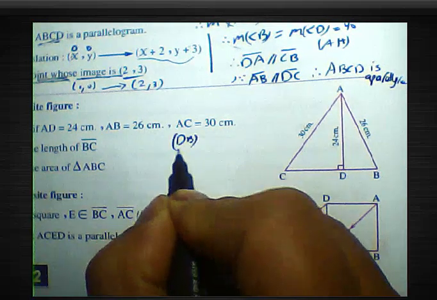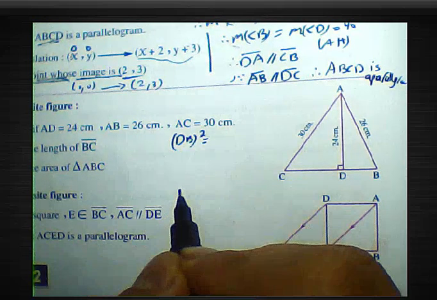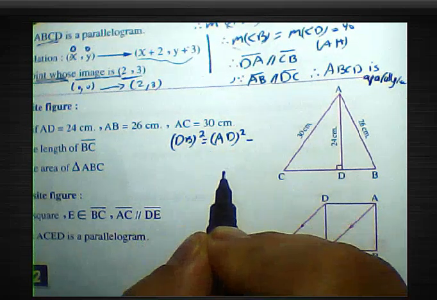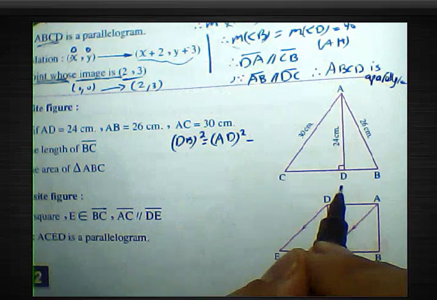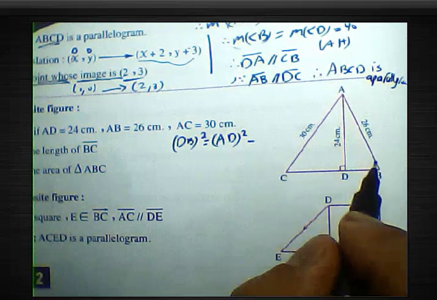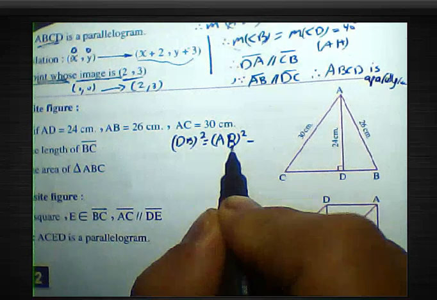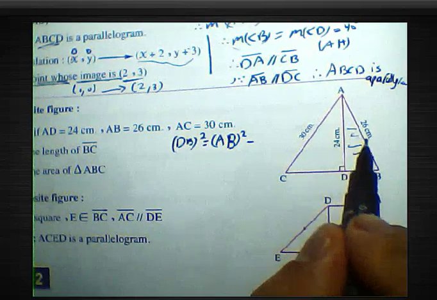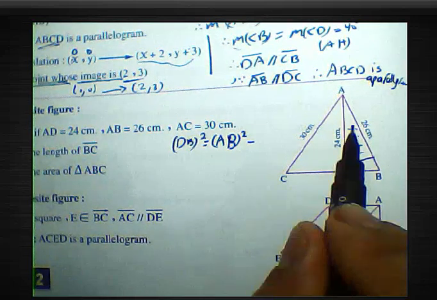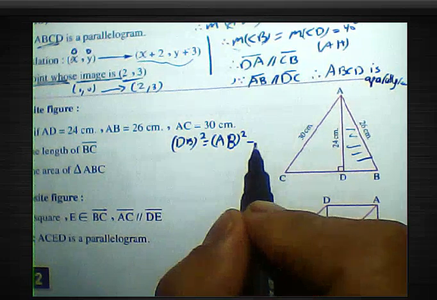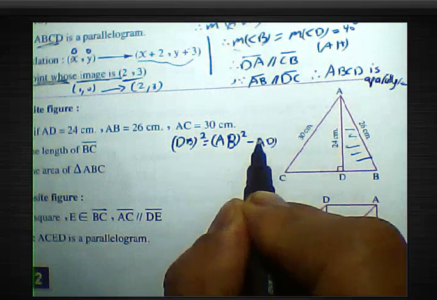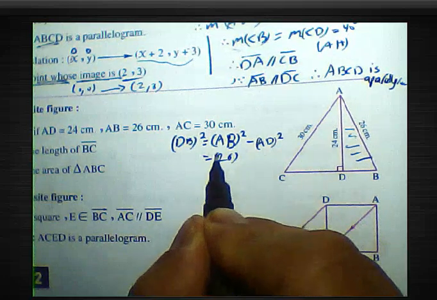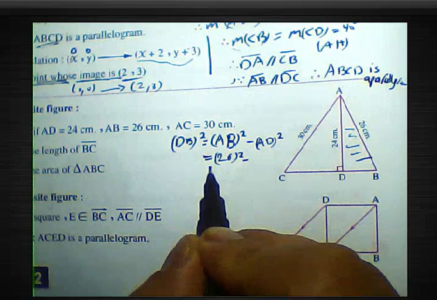DB squared equals the hypotenuse squared of this triangle, look at this triangle, minus AD squared. The hypotenuse is 26 squared, subtract AD squared,